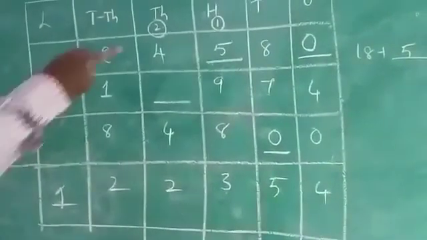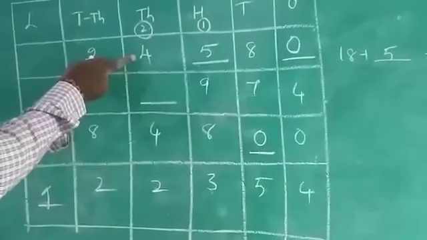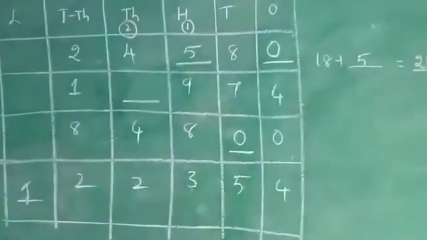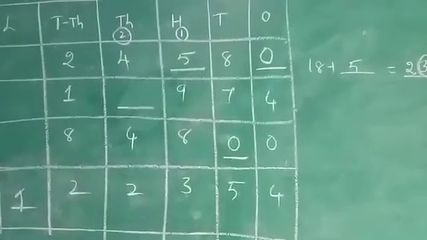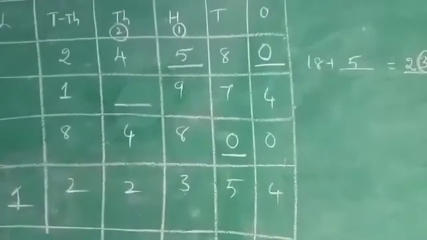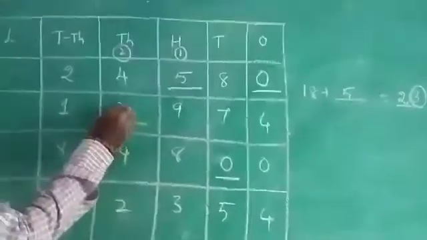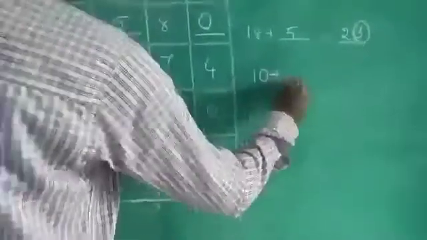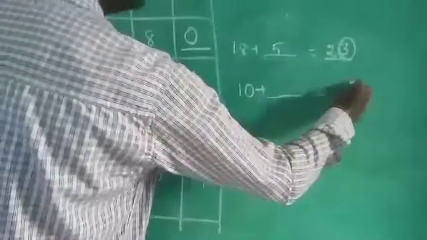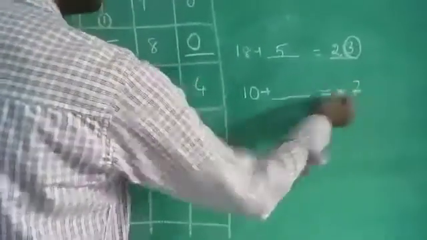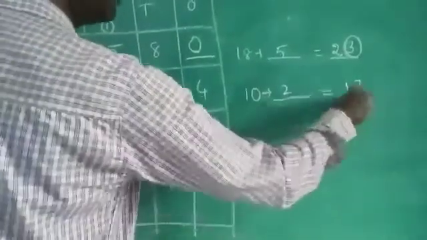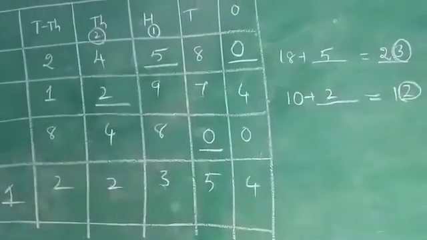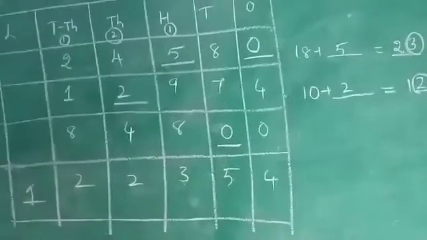Then observe it. 2 plus 4, 6. 6 plus 4, 10. But for 10, what do you have to add? For 10 you need to add 2. Then only it will become 12. Right or not? If I am writing 2, it will become 12. Then once it is 2, right, you need to tally this. So write 2, then it will become 1 carry.